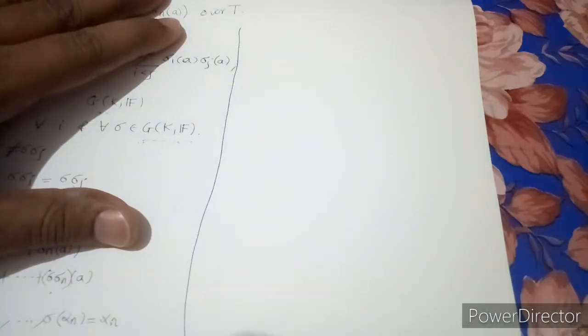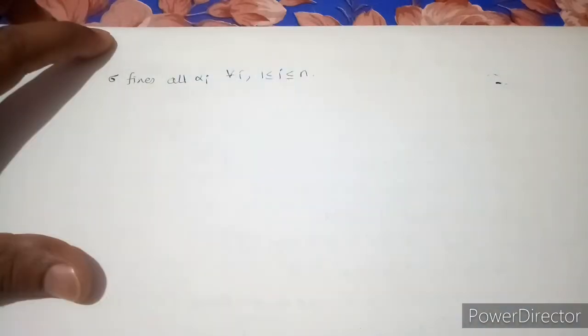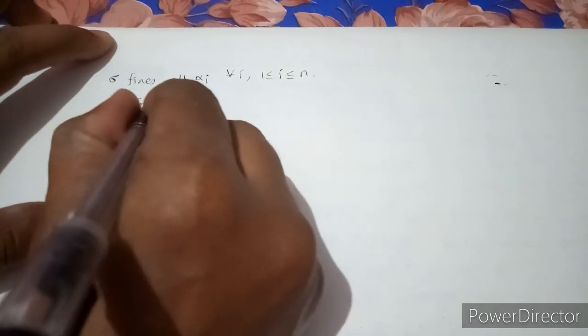But this means we have proved that sigma fixes all alpha i. Sigma fixes all alpha i for all i running from 1 to n. But sigma is a member of G(K/F),